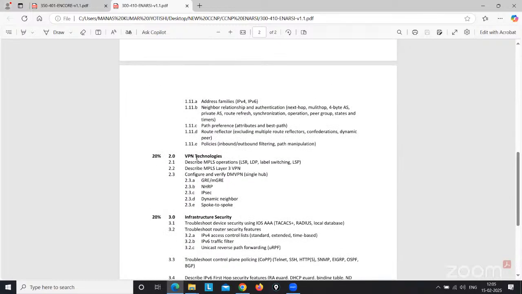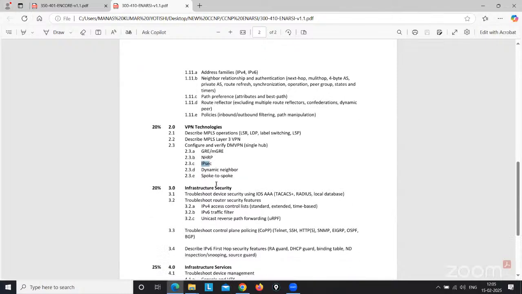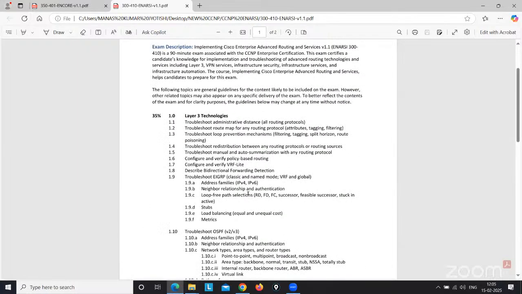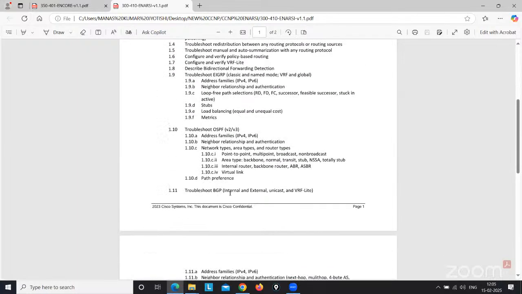I will cover all the things again: GRE, MGRE, NHRP, IPsec, dynamic neighbor, how the spoke communication will be there. Everything I will cover in the VPN, but for EIGRP, OSPF, and BGP, please let me know whether you have the basic knowledge. Else I need to start from the basics.